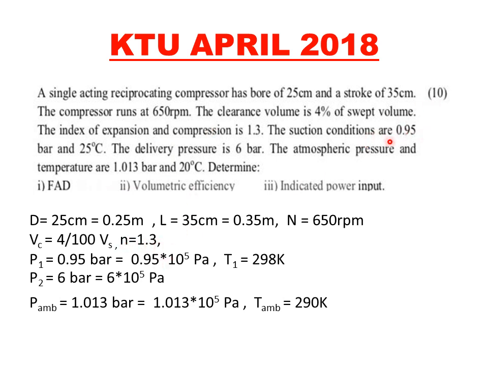The suction conditions are given. That is, the pressure P1 is given, and first I convert it into Pascal by multiplying with 10 raised to 5. Then the temperature T1 is given. It is given in degrees Celsius. First I add this degree Celsius with 273 to convert it into Kelvin. Then the delivery pressure P2 is given, and finally just note that the atmospheric pressure and temperature, that is the ambient condition, is given in this question. In the last question this data is missing. Okay, so in this question these two data are given.